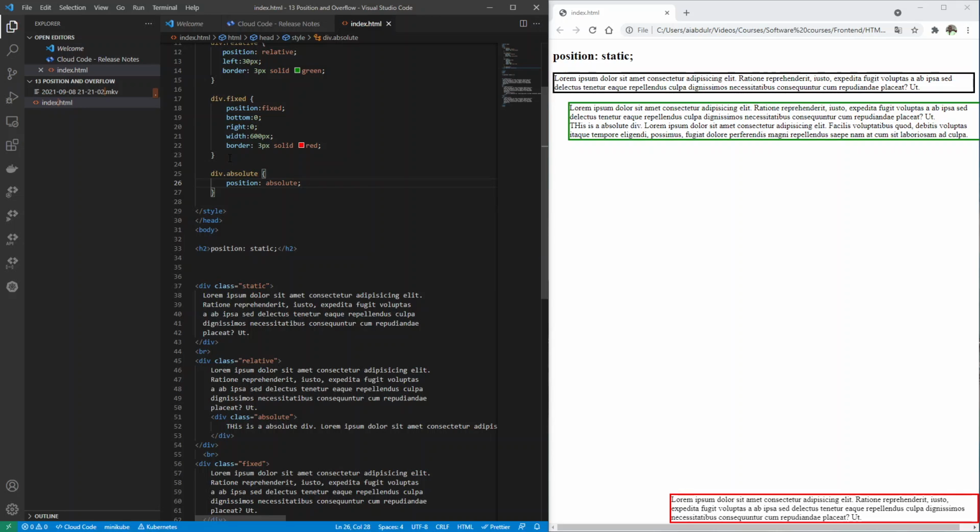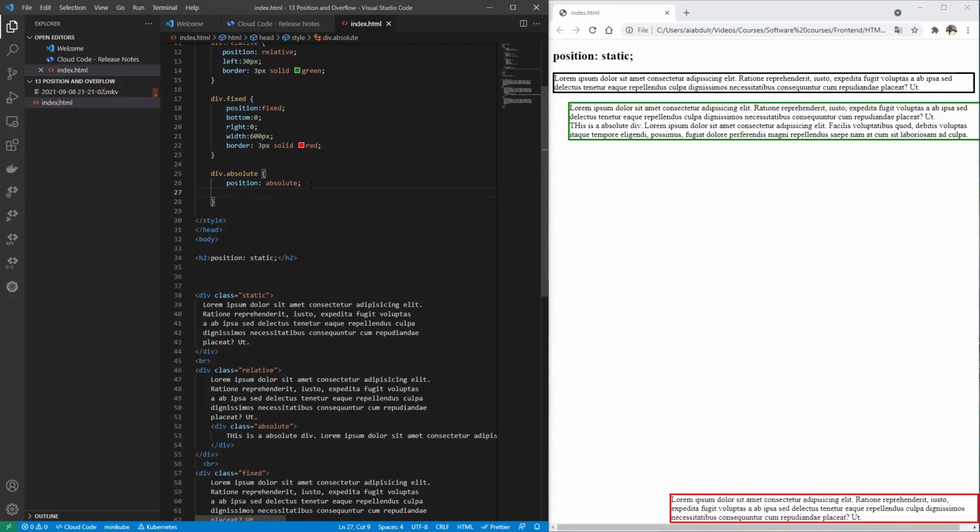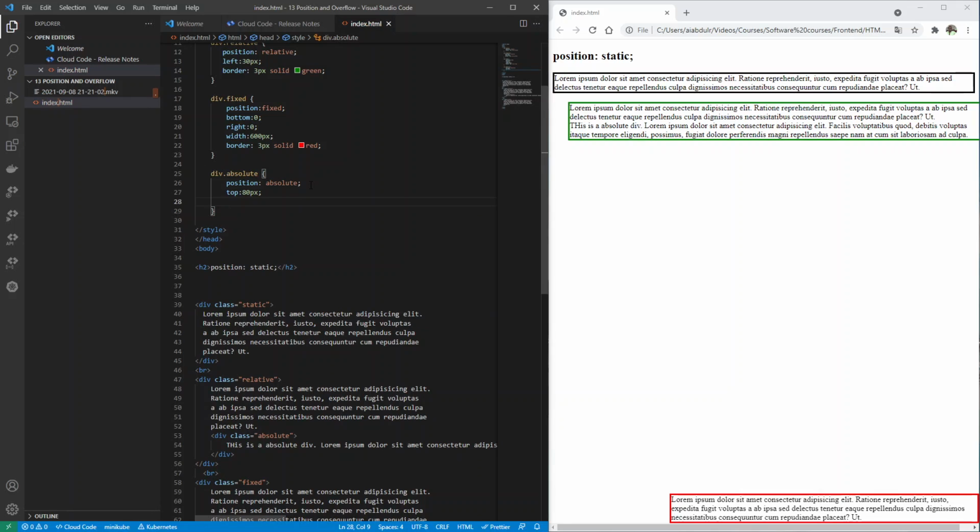And so because it's absolute, it's going to be relative to the nearest ancestor, which is this div, and which is relative, right? So now I can say relative to this, give me a position. So I need a top of 80 pixel, a right of 0,